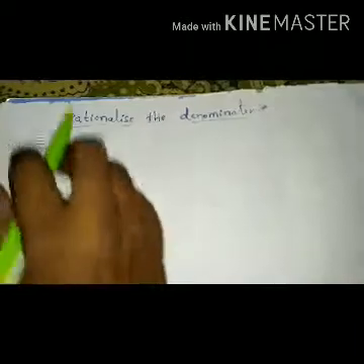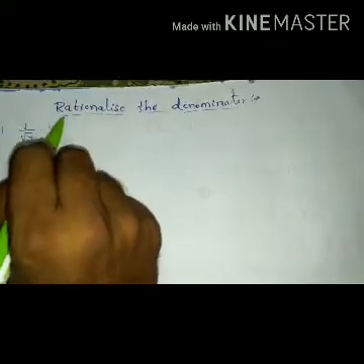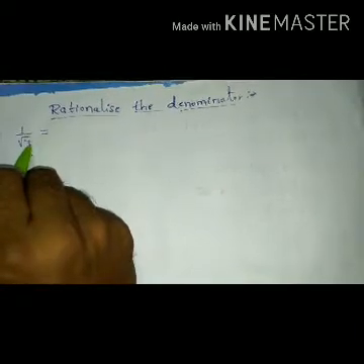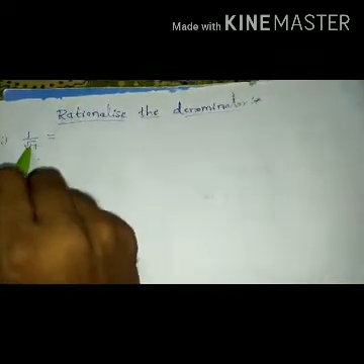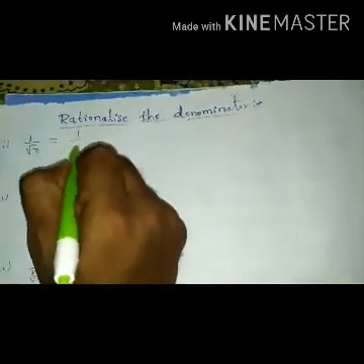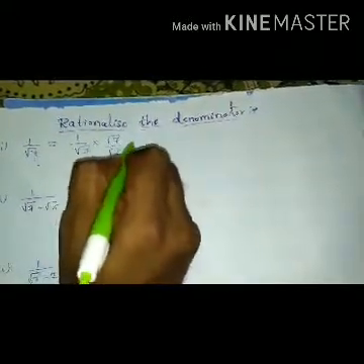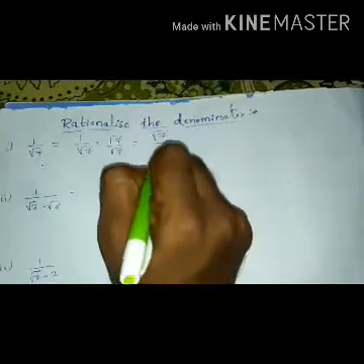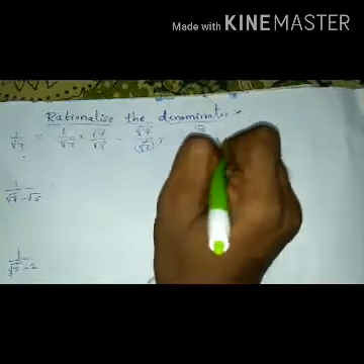In the same way, I am going to explain 1 by root 7. Here the denominator is root 7. It is an irrational number. So rationalization means we make the denominator a rational number. In order to make this number rational, multiply the irrational denominator by the same number. See here, 1 by root 7, multiply both numerator and denominator by root 7. So root 7 into 1 is root 7. Root 7 into root 7 is root 7 square. So the root and square get cancelled. So we are left with root 7 divided by 7.